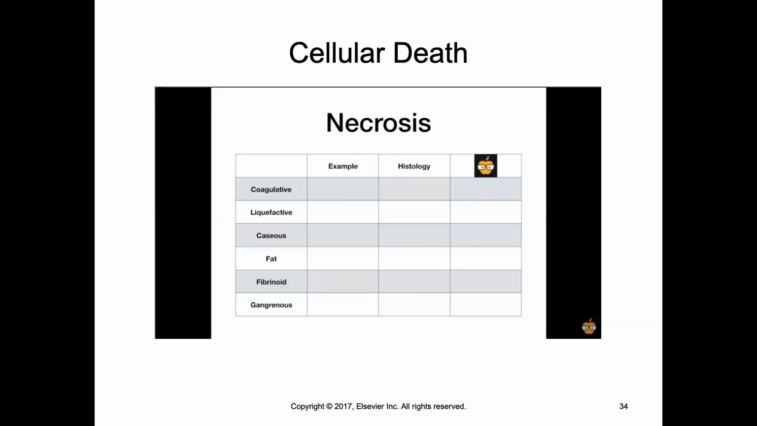necrosis, and gangrenous. In each of these, I'm going to give you an example of where you'll see this type of necrosis. I'm going to tell you what you'll see on the histology, and then I'm going to give you my sexy, dirty USMLE mnemonics. Remember this. This is really, really easy and a little lower yield than apoptosis, so we're going to move through